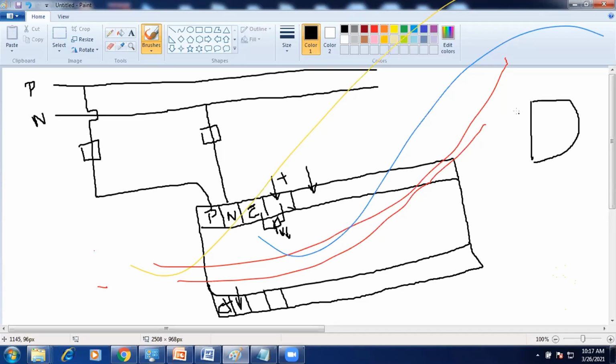The internal connection will be in this manner. Here I am considering the PNP sensor. Positive, negative, positive. This is for the power supply of the sensor.